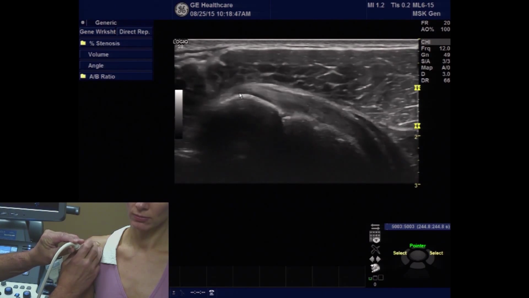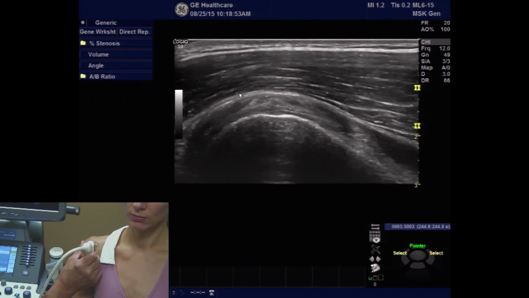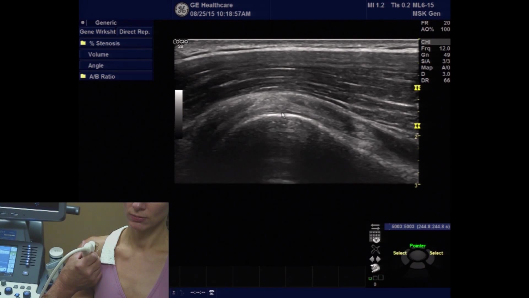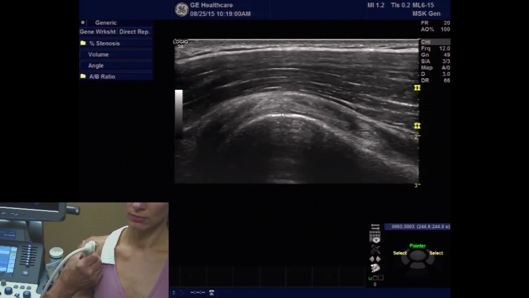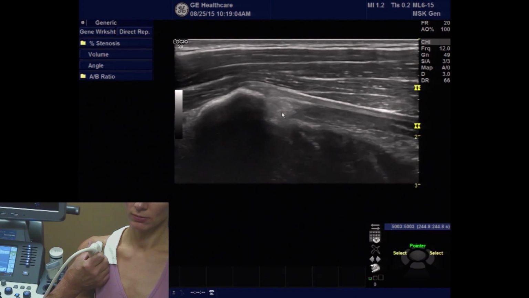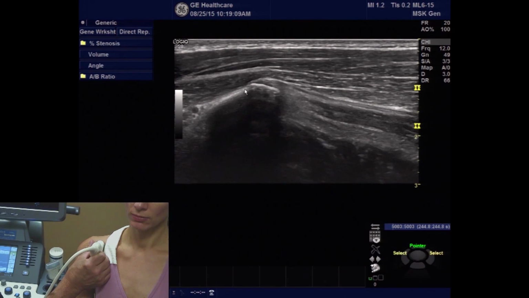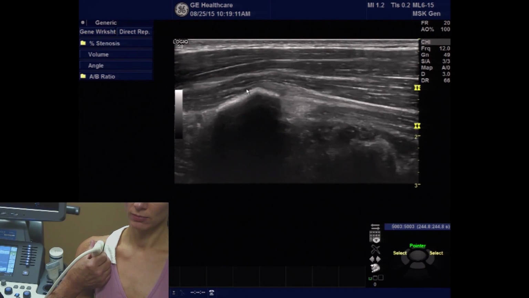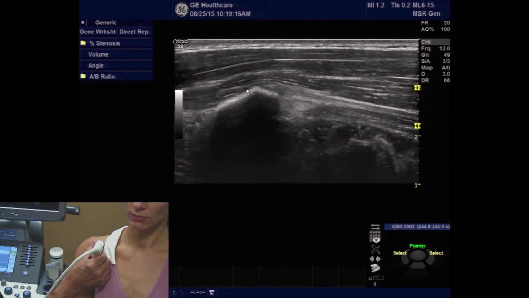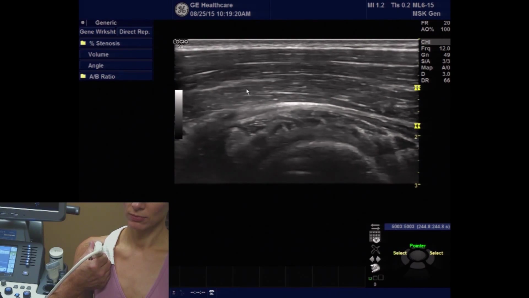Rotating the transducer clockwise or pointing the orientation marker towards the patient's head, I've now got an orthogonal plane of the subscapularis. In order to start my evaluation, I want to move the transducer all the way over medial till I see the all-important coracoid process, and now from that point, I'm going to be evaluating the subscapularis. Noting that the subscapularis follows the contour of the humeral head, I have to angle back towards the humeral head,